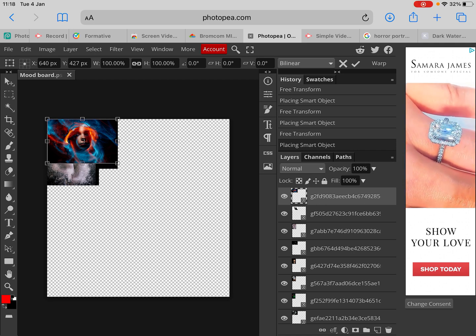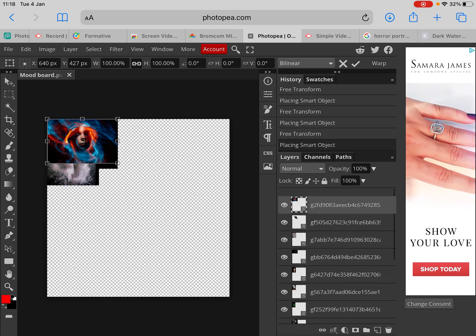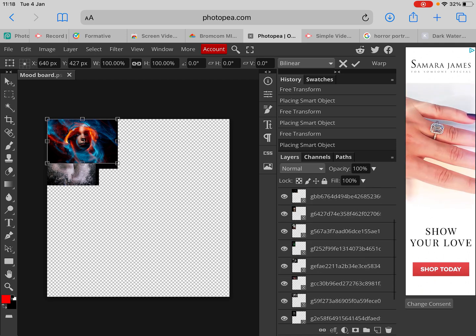Now, what you need to imagine now is that you've got several pieces of paper, clear sheets of acetate on top of one another. They're all on top of one another, but each of them